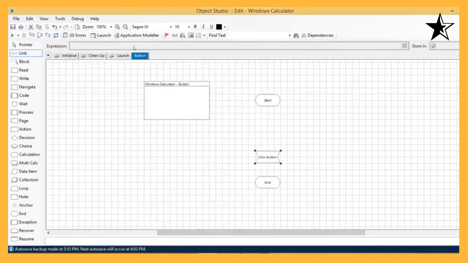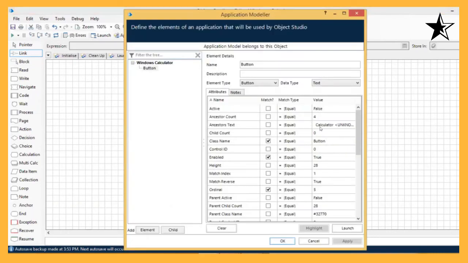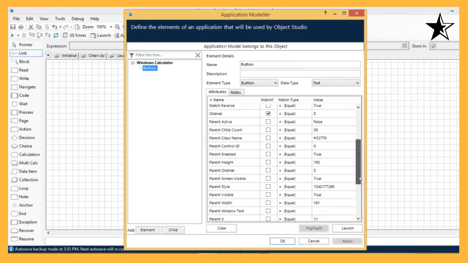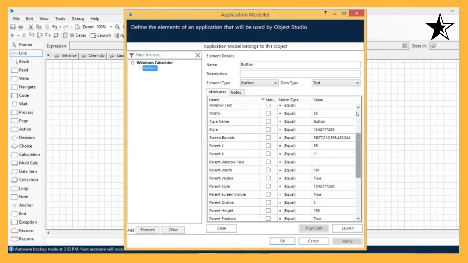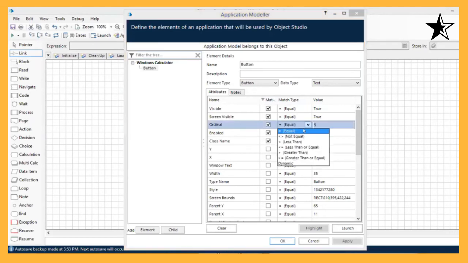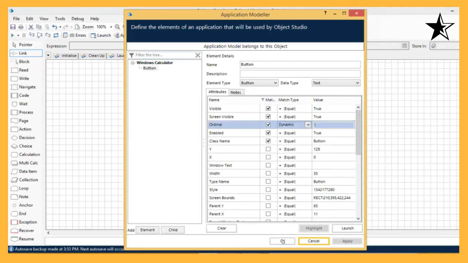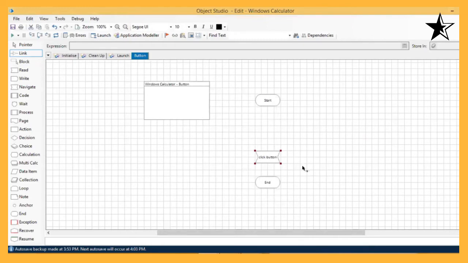What I need to change is going into the Application Modeler that we were discussing in the previous session, that we can allocate it dynamically. Okay, so for that I click on the Application Modeler, and in the button section, in the button attributes, I go on to the ordinal value, or simply I can click on the matched ones, go on to the ordinal value and select it as dynamic. Now I apply and I click on OK. Now with the same button, with the same spy, I can press 4 different buttons using the ordinal value. That is what is called dynamic allocation of the variable, right?